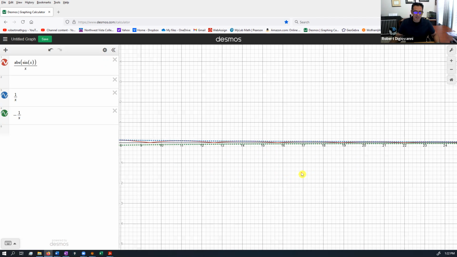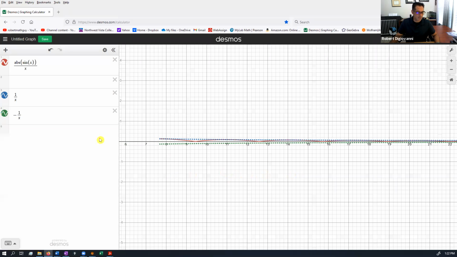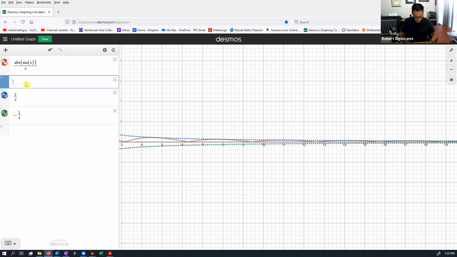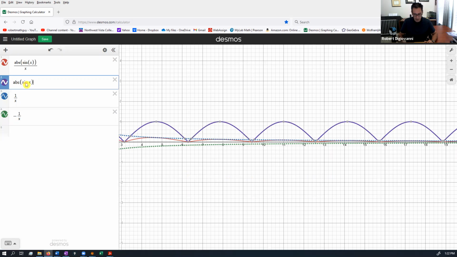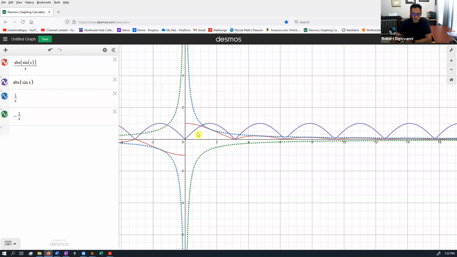So these are called dampened oscillations. If I just do the absolute value of sine x, that is an example of a ball that you're dropping. Boom, boom, boom, and it's never losing energy. That's not realistic. So what we need is a function that will act more like what we'd see in the real world. So you dampen the oscillation using something like